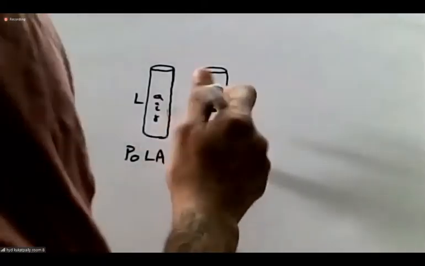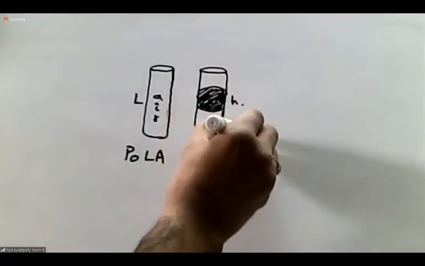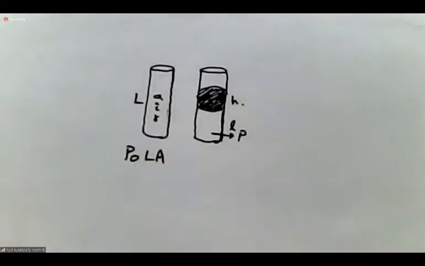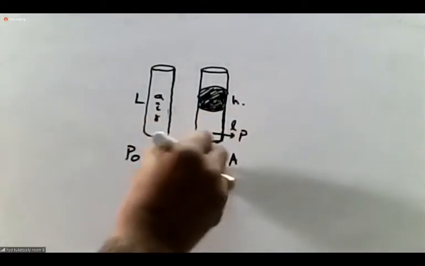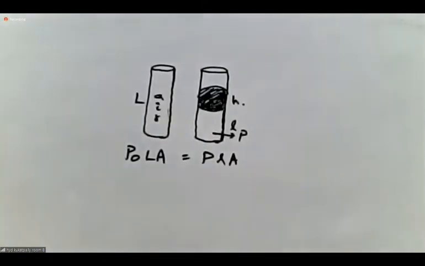So pressure definitely increases. Let the pressure be P. The surrounding temperature is the same, so when volume reduces, automatically pressure increases. So here it is pressure P into length l into area. This is what we will check. We check Boyle's law like this.